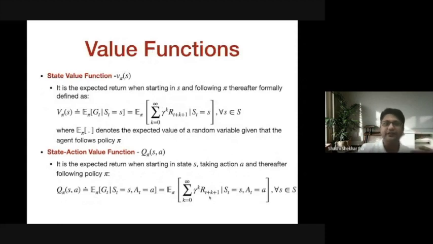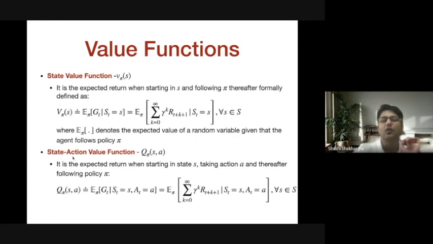So with that definition, we define something called value functions. Value functions are just generalizing this definition of return, or sum of discounted rewards using the discounting factor. These value functions are defined over the states. So we can define a value function over the state, called the state value function, or it is also defined over state action pairs, usually called the Q value function, or state action value function, or only action value function.